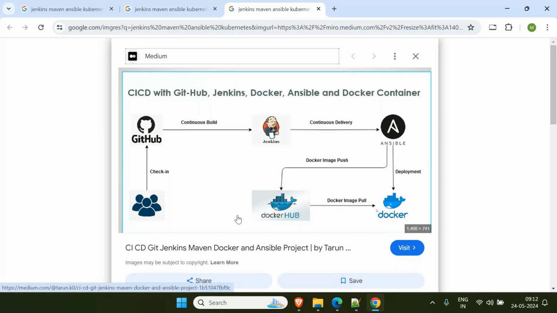It will push the image to Docker Hub. Of course, you see the arrows here. Who is pushing here? Actually, your Ansible is pushing here, right? So Ansible will give the var to Docker and Docker will build the image, and the image which it has built,